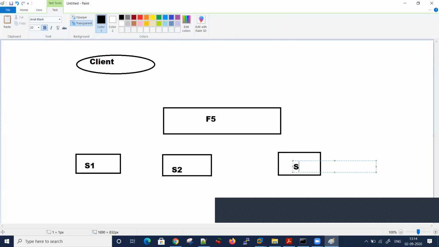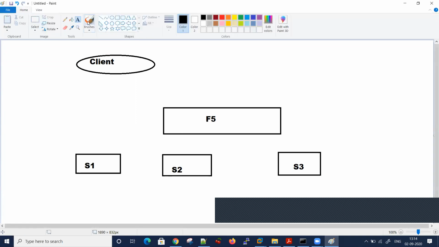So this is 3 servers. Clients connect to F5, then F5 will load balance between the 3 servers. This is our basic architecture.